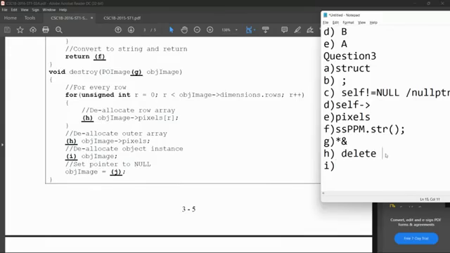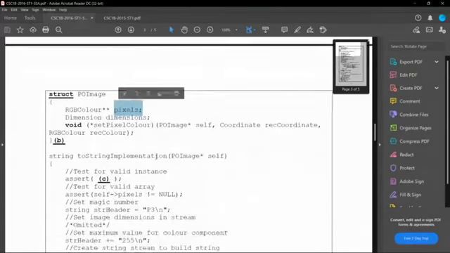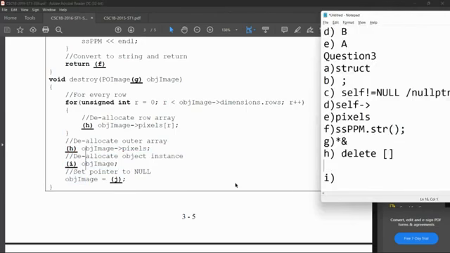H should be delete with the square brackets, and sorry about that, because we are deleting I guess a two-dimensional array. Let me see. Yeah, pixels is a two-dimensional array. So when we loop through each of the rows, we have to delete the corresponding columns for each of the rows. So this only deletes each of the columns in the pixel, and then the I will delete the actual object instance of object image. So delete,